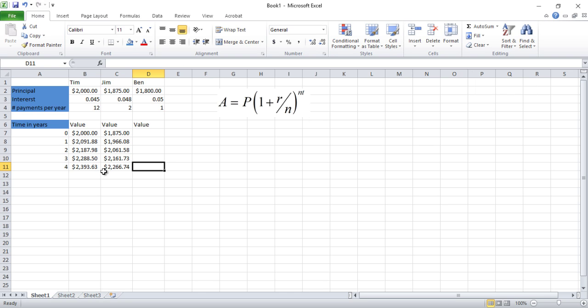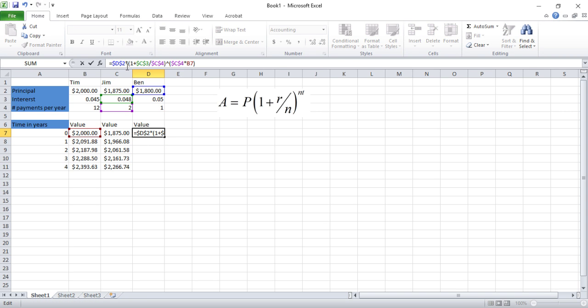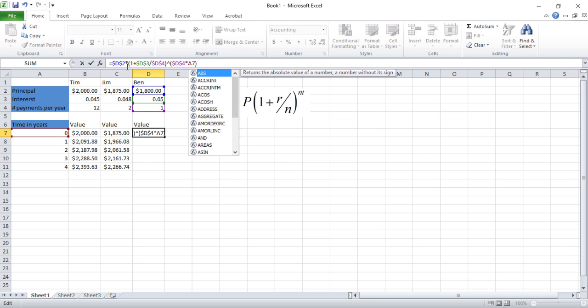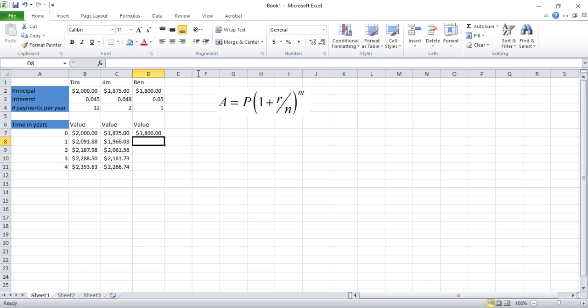So you can see Jim has $2,666.74 saved. Finally, I can do the same thing for Ben. I can copy the cell and paste it in here, and then I'm going to change my C's into D's because D is the column that Ben's calculations are in. And again, my column for my years is always in A, so I'm going to set that back to A7. And 1,800 is what he started off with. And then I'm going to fill down